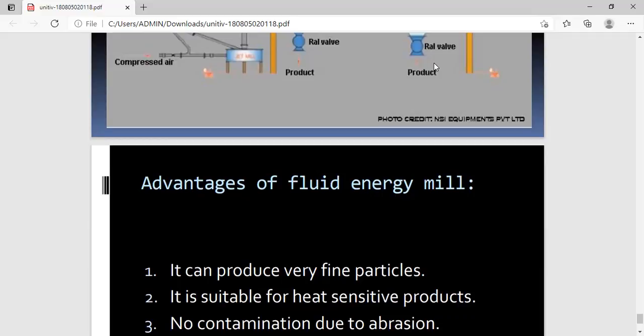So what happens if the size reduction is not 1 in 7 but more? The optimum size reduction is around 1 in 5 to 1 in 7. That means if you have a 1 meter size, by reducing it 5 times, the size that can be obtained is around 150 mm. But if you try to keep the ratio much higher, the plates get choked very fast. So that is the thing. Now let us talk about the gyratory crusher.